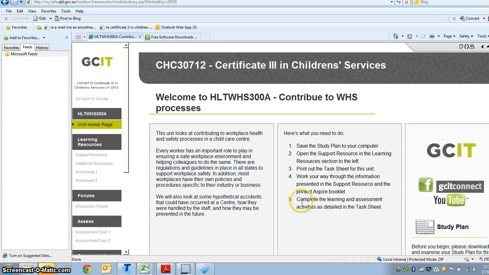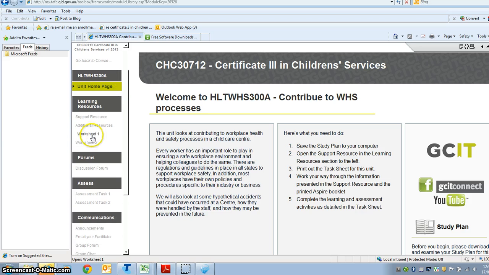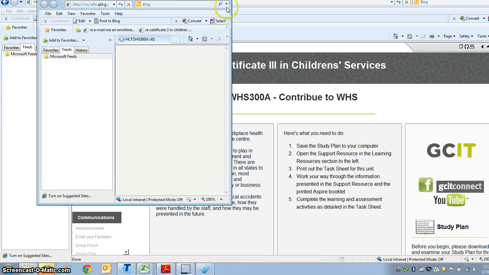Hi Fiona, I thought it would be easy for me to show you this way, the trouble that you might be having. So you can see down here, yes, you've got worksheet 1 and worksheet 2 which you need to work through. Firstly, I just want to check that when you start a unit, you go into support resource,